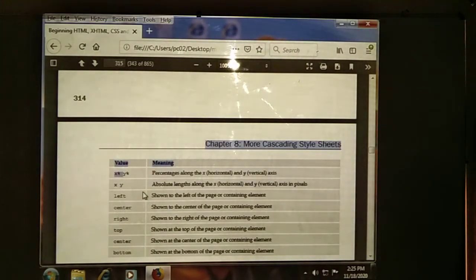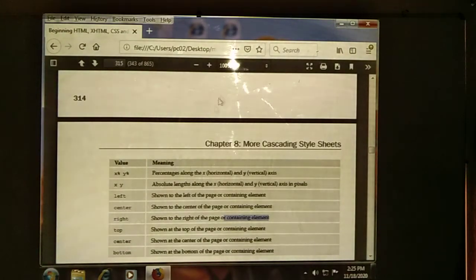Left, by using the left value, the image is shown on the left side of the page. Center means the center of the page. Right means the right side. Suppose if you are using box, it should be contained within the containing element, means within the content only it should be displayed. That is the containing element we specify here.